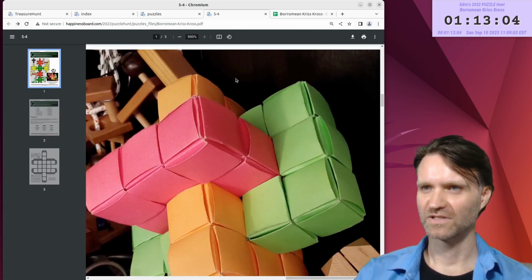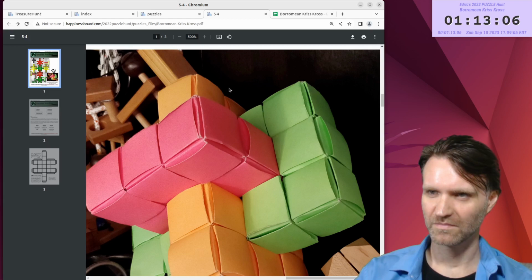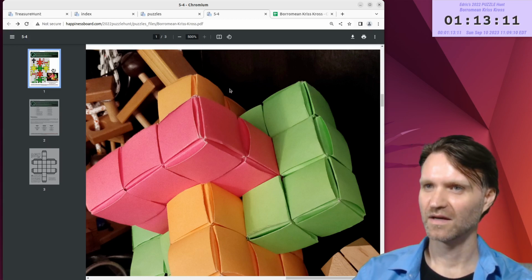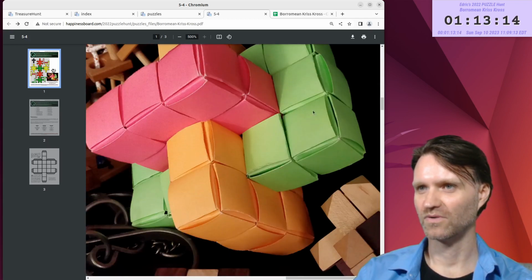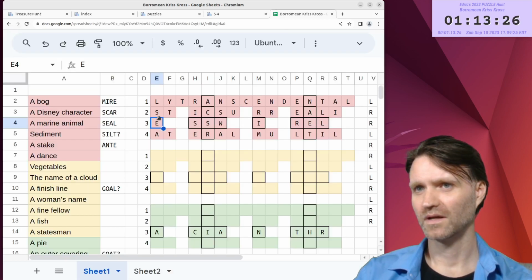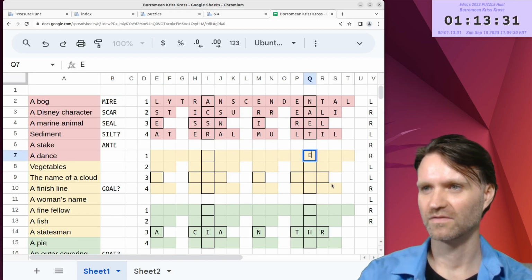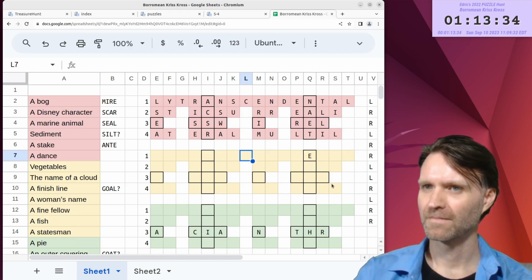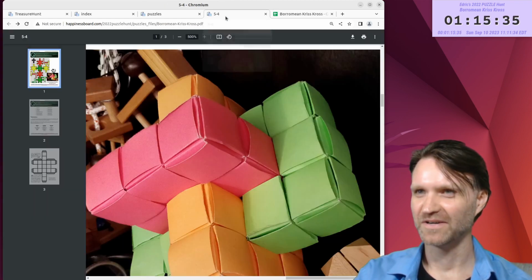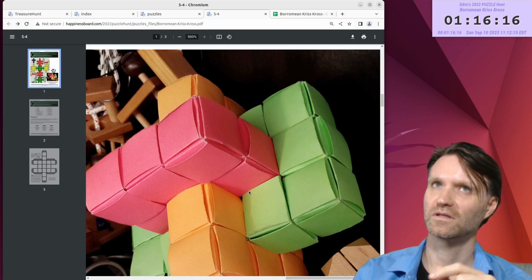So I want the orange rings to start on the center top of the one you can't see, I guess is on the back, and then go around clockwise, would go around to the right and come up this way and touch here. So this is where I said the red ring starts. So E is this one here. It's at the end of the outer orange ring. And that puts I here. It makes sense to me, but it's a little hard to convey on video. Touches the...